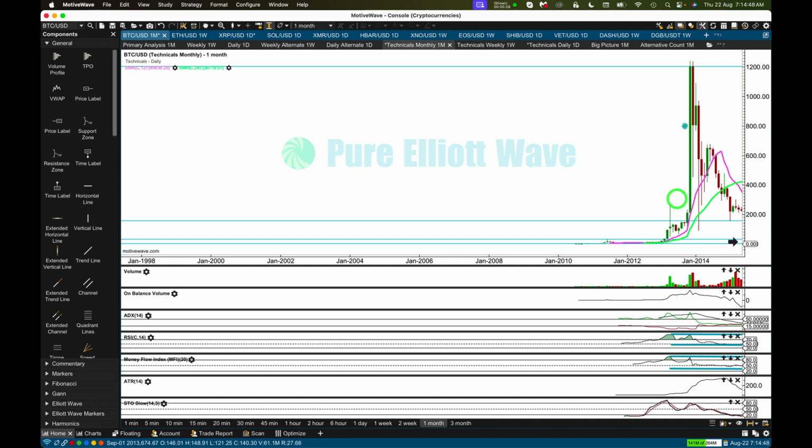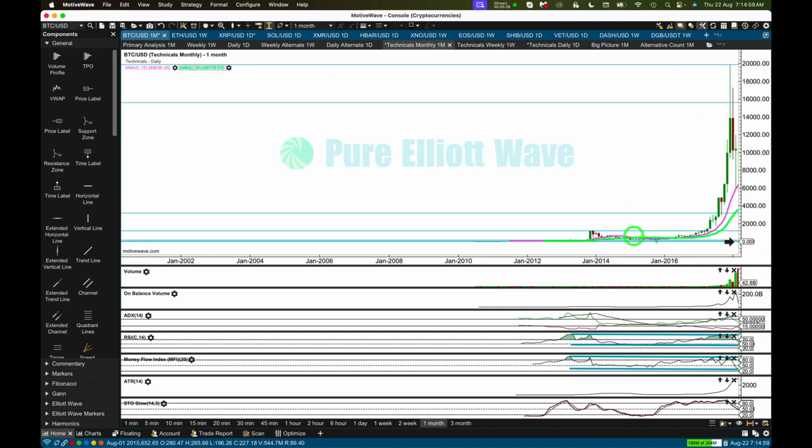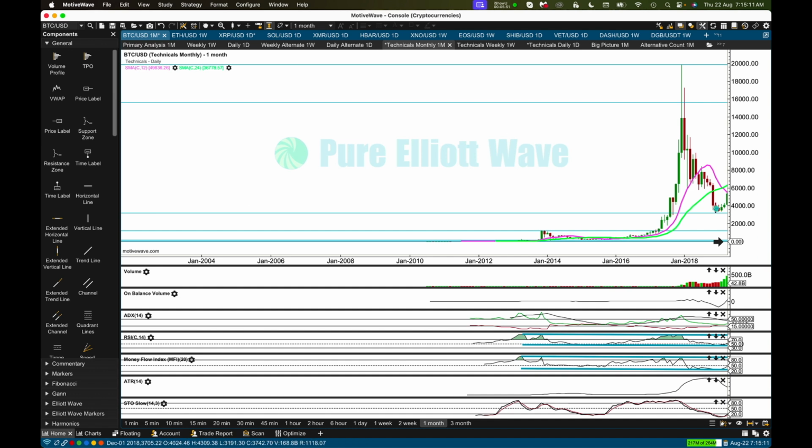So another huge exponential growth and a massive crash. And then we see it again, this curved slow start, acceleration through the middle, explosion at the end to the high in December 2017, and then an absolutely massive crash down to the November 2018 low. A crash again of a huge amount in percentage terms, and a